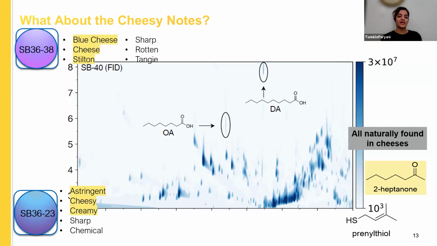So I then was perplexed. I was like, she smelled cheese. This is a tropical cannabis strain. But what did I do? Of course, I would never shame anyone for their nose. So I went back into the data and I looked for things in those specific samples that people reported as cheesy that were different from the other samples that weren't reported as cheesy. And there was something there that I could barely see. There are these two medium chain free fatty acids, octanoic and decanoic acid, which are found in cheese naturally.